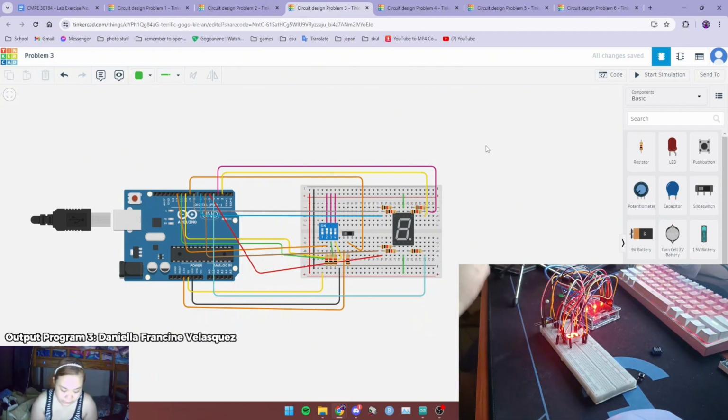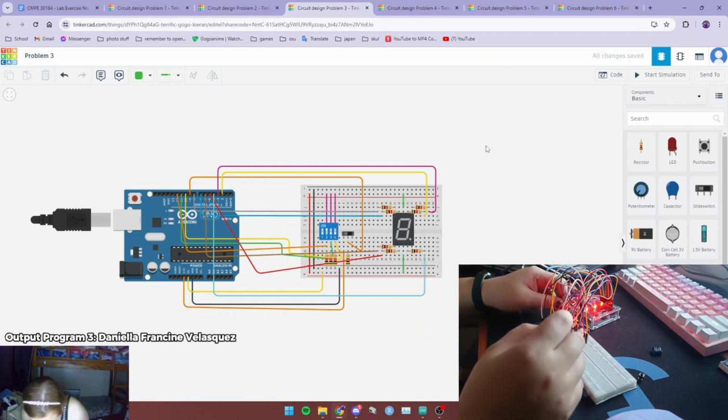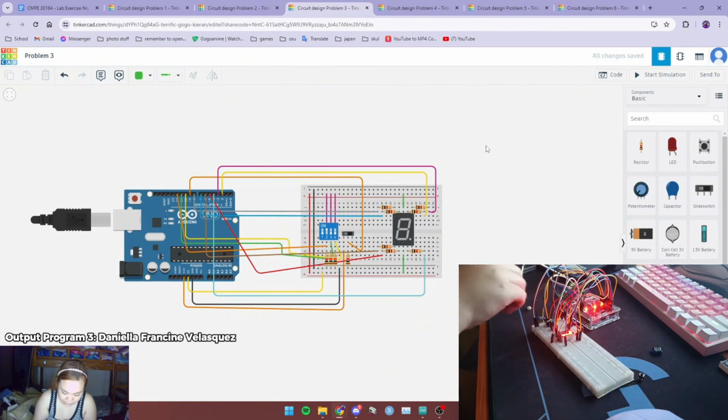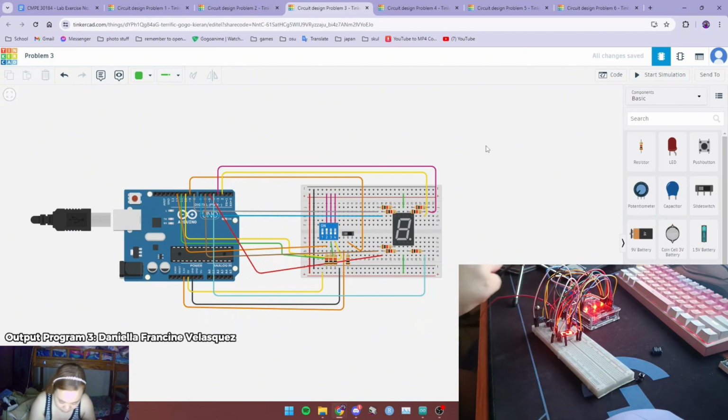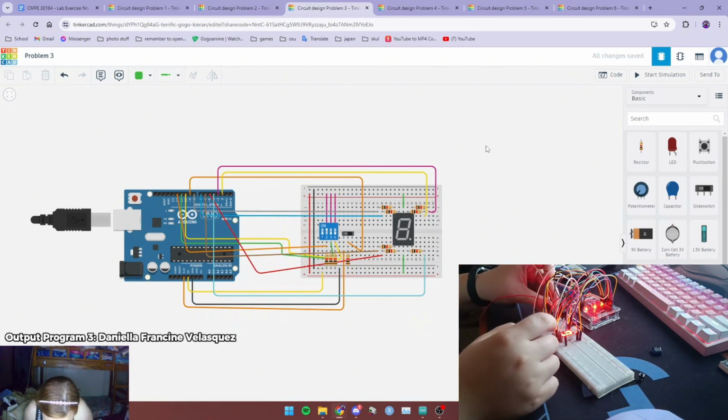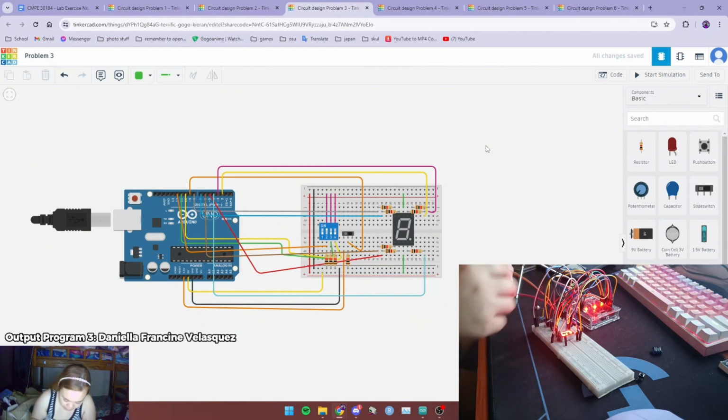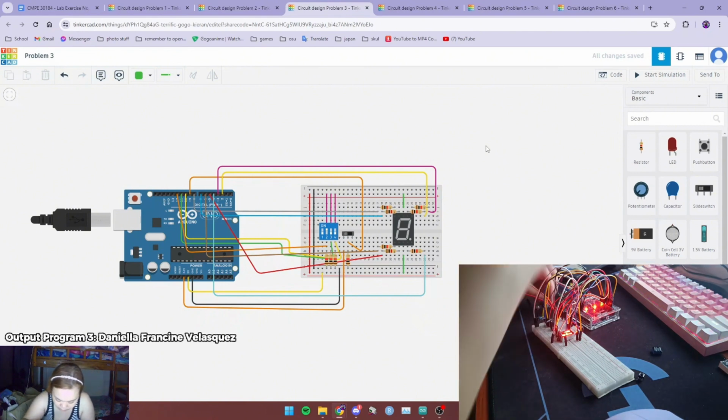Oh, I forgot the cables above the switch. I'm so sorry. That's why it wasn't working. And then one more. It should be connected to the